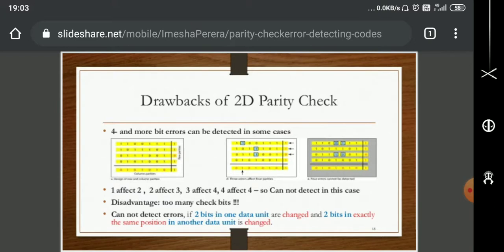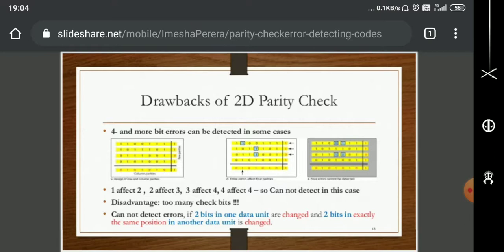So here what happens is, with this 2-dimensional parity check, if the length of the data is very small, then we can go about this 2-dimensional parity check. Otherwise, the number of bits I am going to use will become too many and it will spoil my transmission, or otherwise I can say more bandwidth should be used. For example, I am having 100 data words to be transmitted. What if I add 100 more bits of data in order to protect my data? It is like 2 times my bandwidth is utilized. So this scheme fails when I am dealing with a large amount of data.